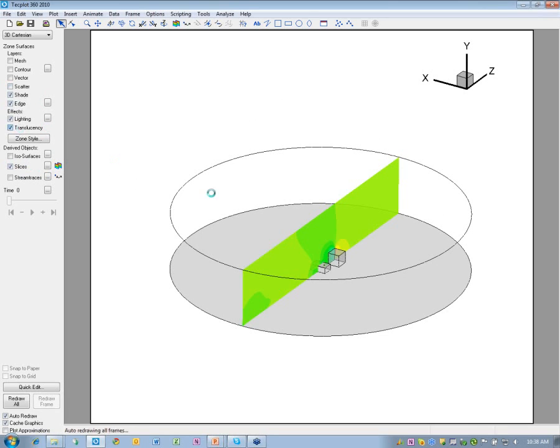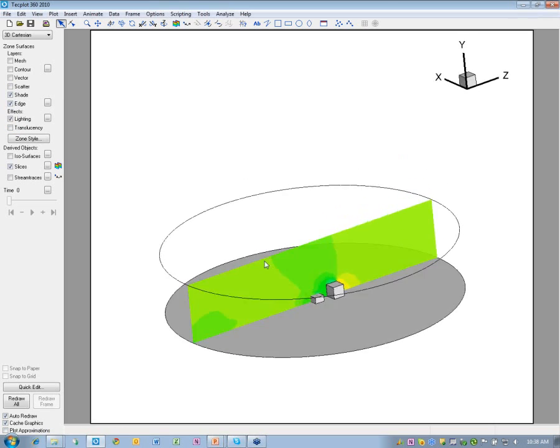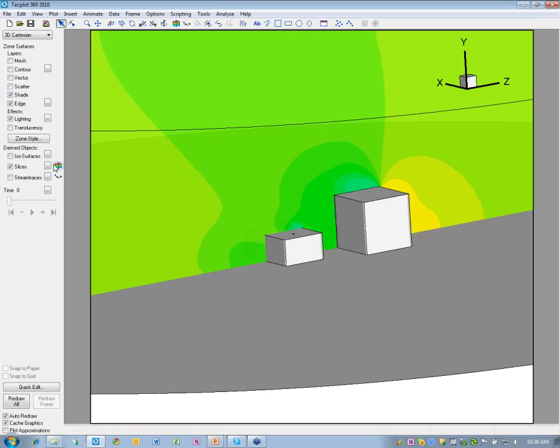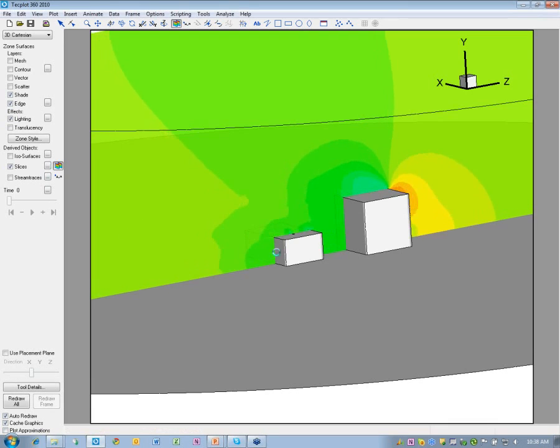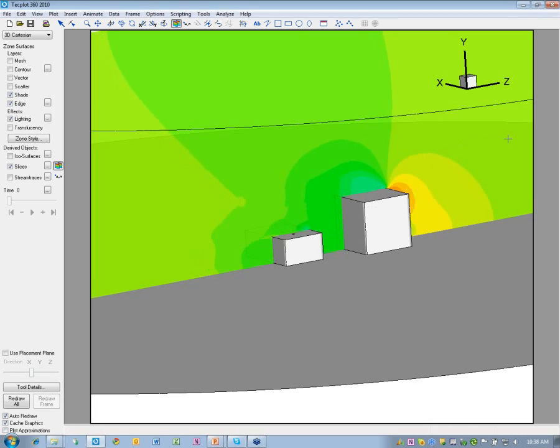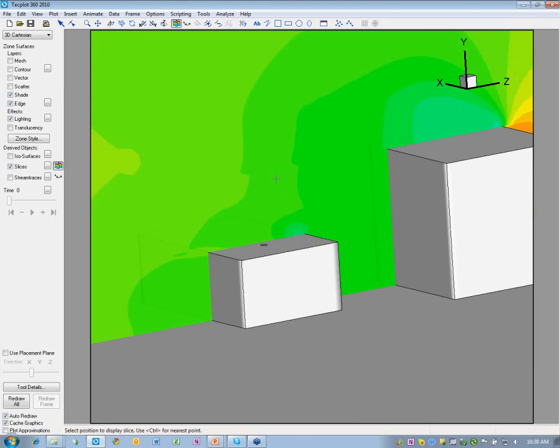And I'm going to turn off translucency since this is not necessary. So again, we're going to just move in here and take a look at the area between the two buildings. So you can see that there's an area of high pressure where the prevailing winds are coming this way. There's a lower pressure area here, and what they want to understand is, if I zoom in a tad,